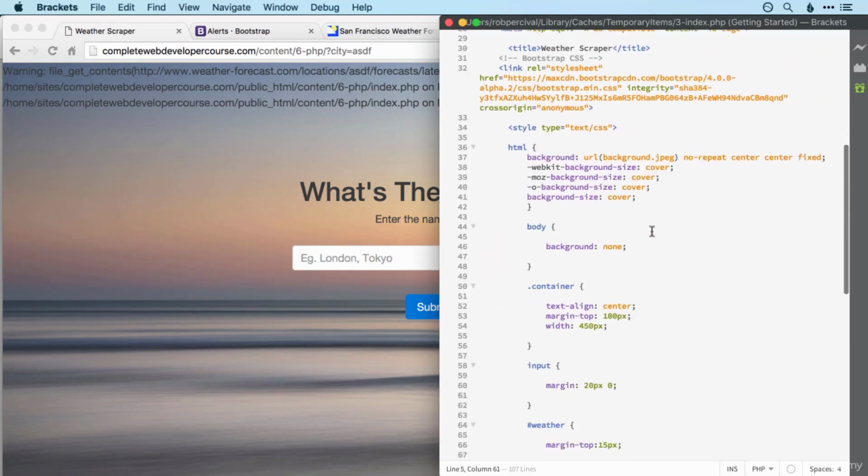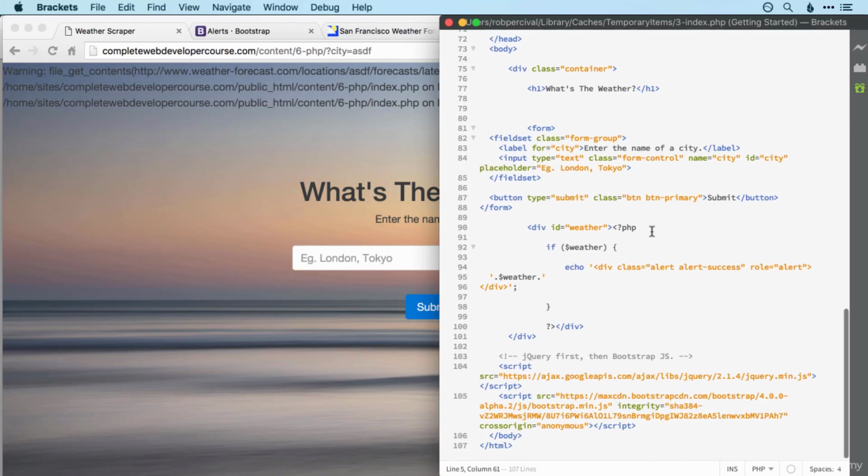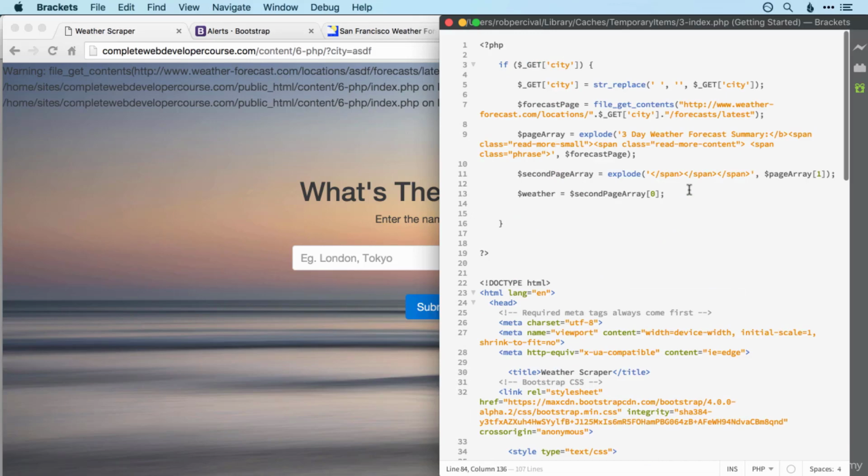So let's do that last bit first. It's actually quite straightforward. All we need to do is set a value attribute for the input, and then with our PHP we just echo the city. There we go. So that should work fine. I've just realized though that that's going to remove the spaces from it, which will look a bit weird for the user. So let's